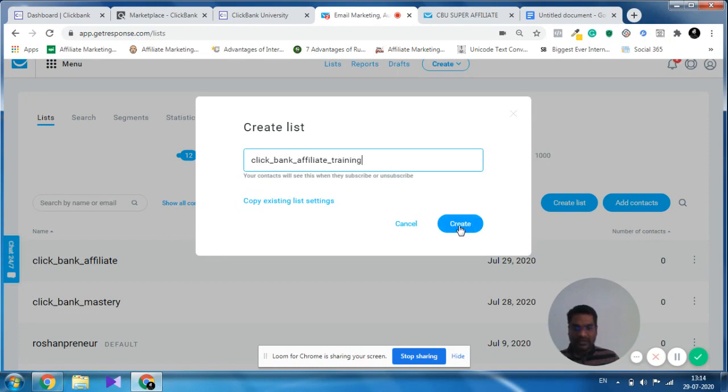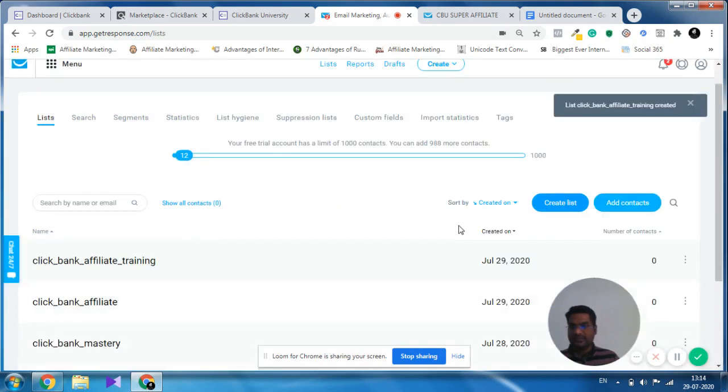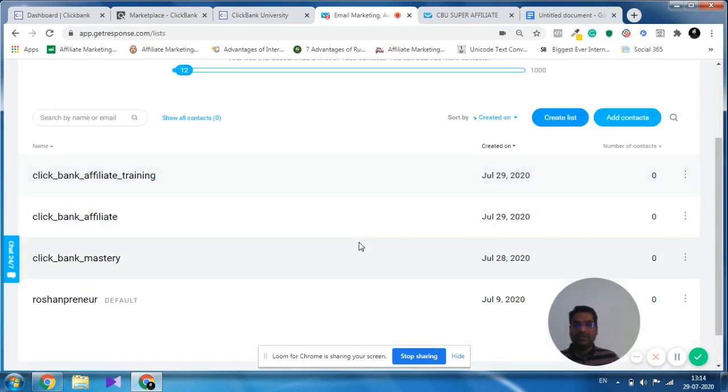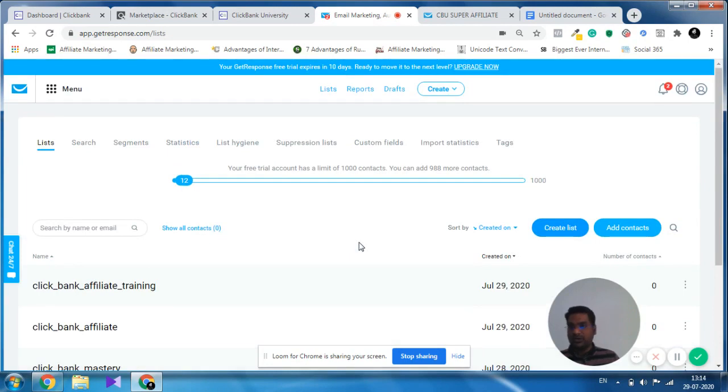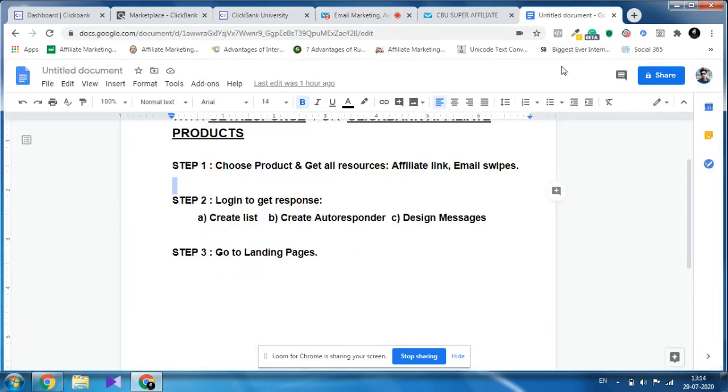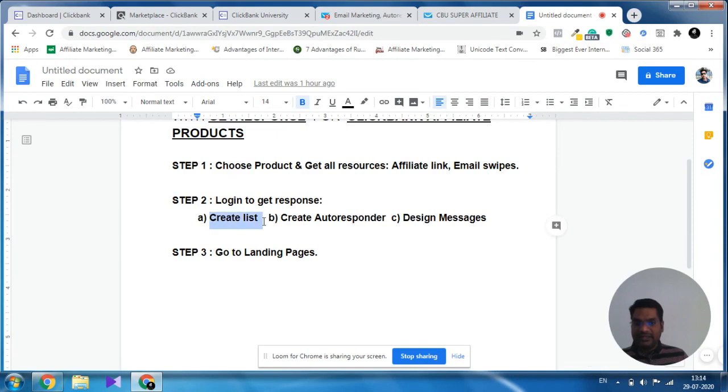Click on create. You can see it is created. Now we have to go to autoresponder. As you can see, we have created the list. Now we have to create the autoresponder.